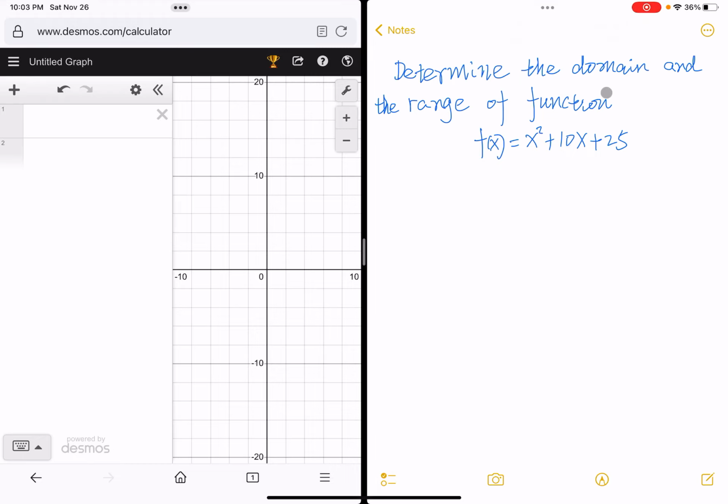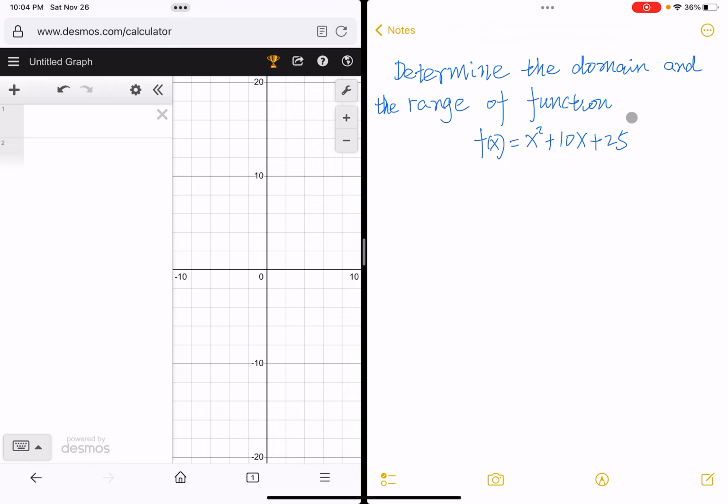Now, in this video clip, we will determine the domain and the range of the function f of x equals x squared plus 10x plus 25. First, we noticed that this expression is actually a complete square